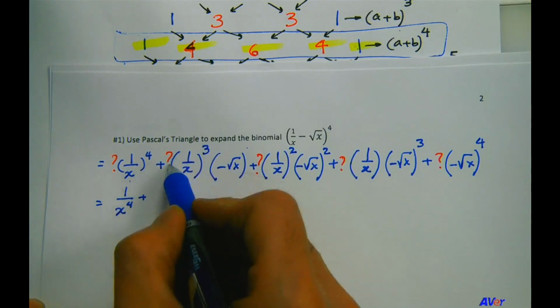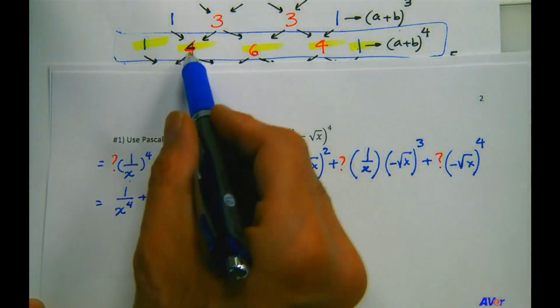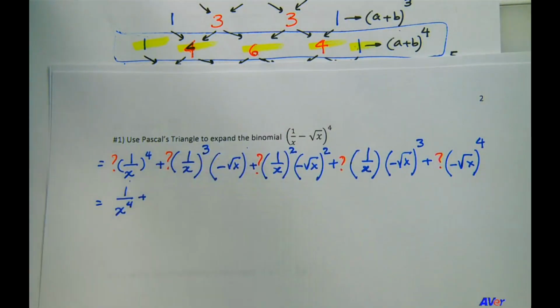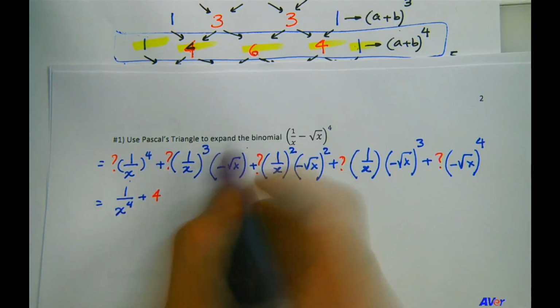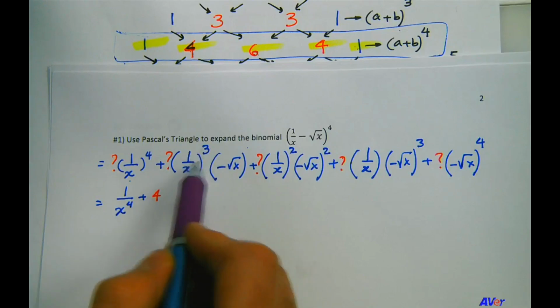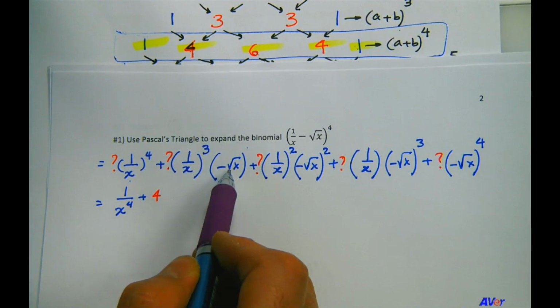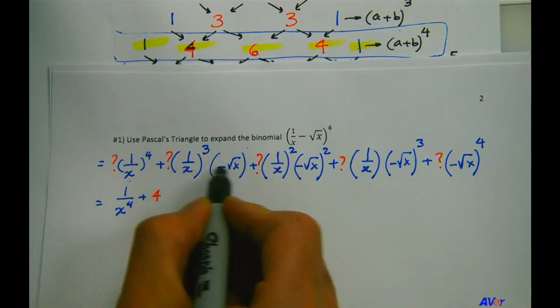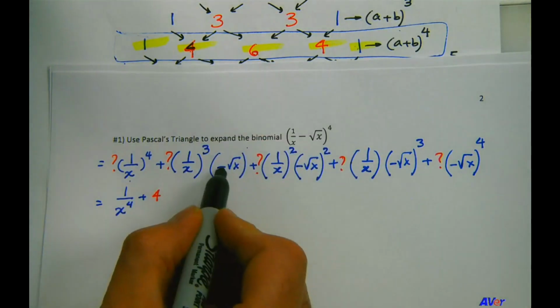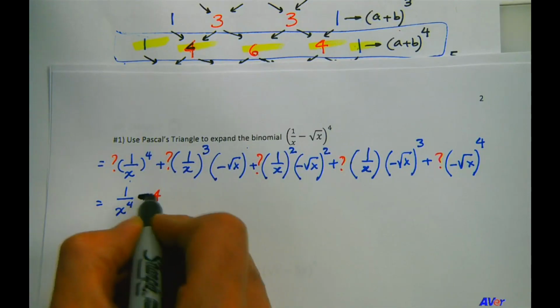Plus this question mark, that's the 2nd term, right? So that's going to be 4. Plus 4, and this is going to be 1 over x cubed times minus square root of x. So I need to take into account that. So let me make this correction, because I'm simplifying each term now. So this minus is going to make this plus minus. So this is minus